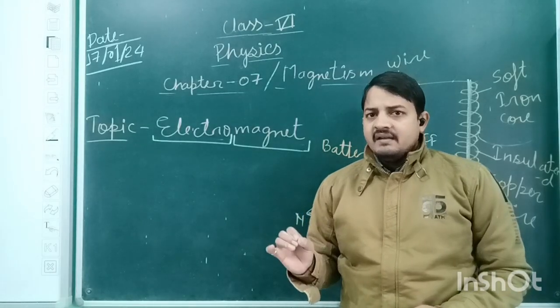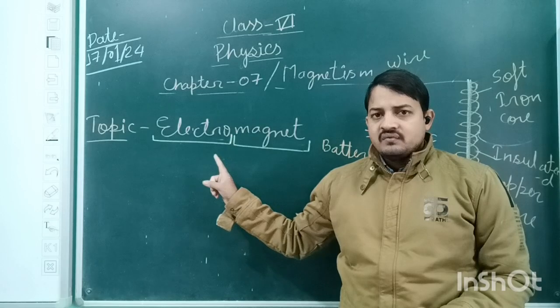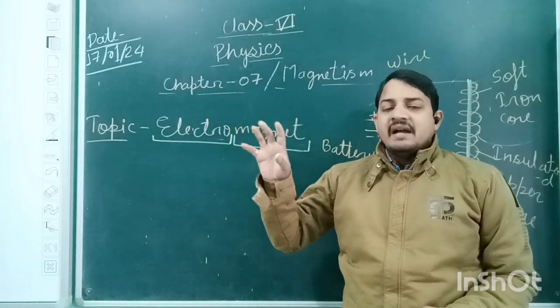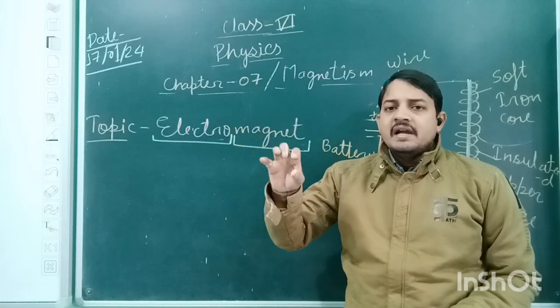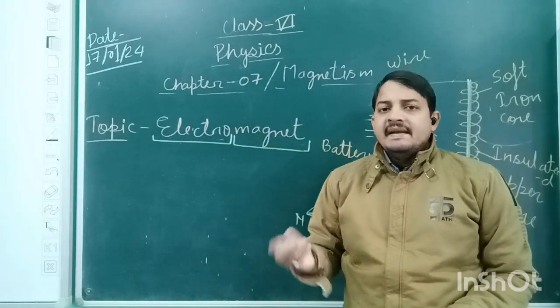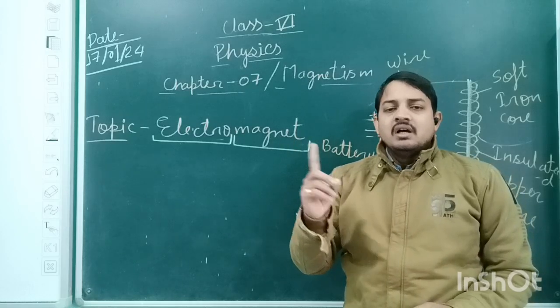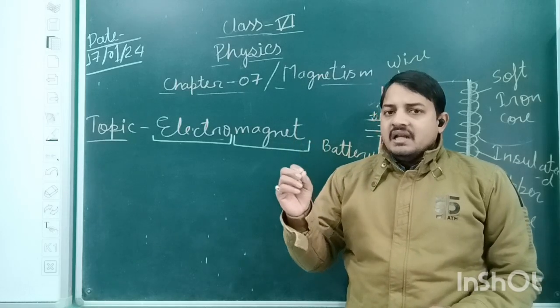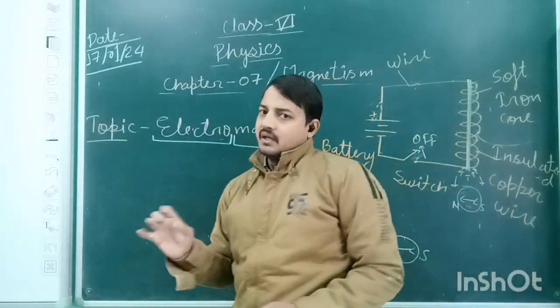A very simple mechanism. If you turn on the switch, a kind of circuit inside the electrical bell turns on, and it behaves like a magnet, and it will continuously keep moving. But if I turn it off, what will happen? It will behave like a normal conductor.